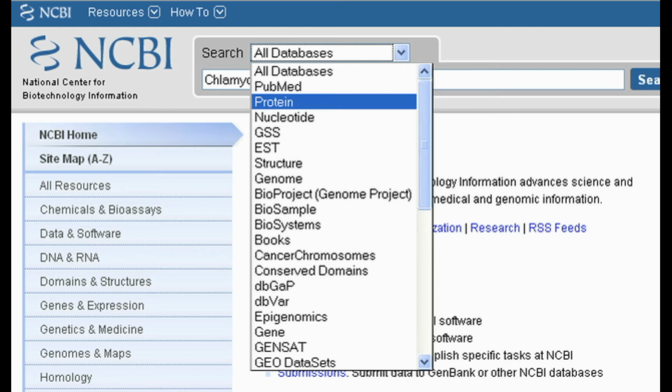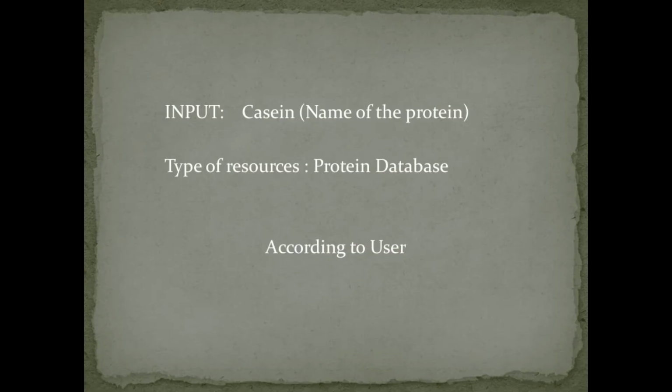In the All Resources section, you can see there are many different types of resources, and we are only discussing a few of them. In today's study, I am going to consider casein protein as the input data, and the type of resource is protein, to explore the data.